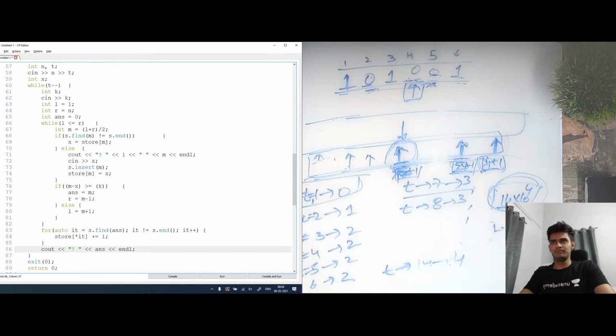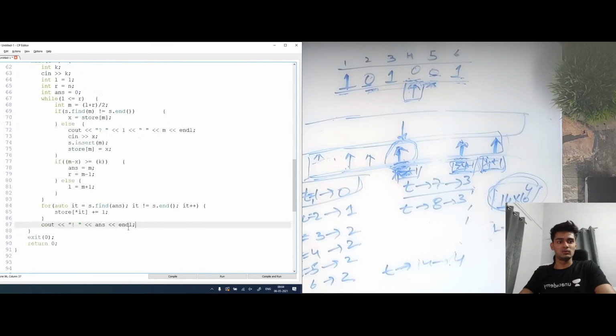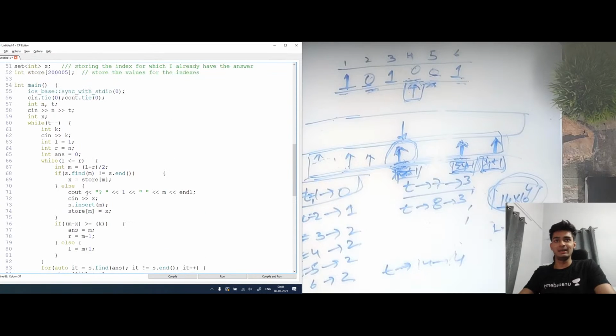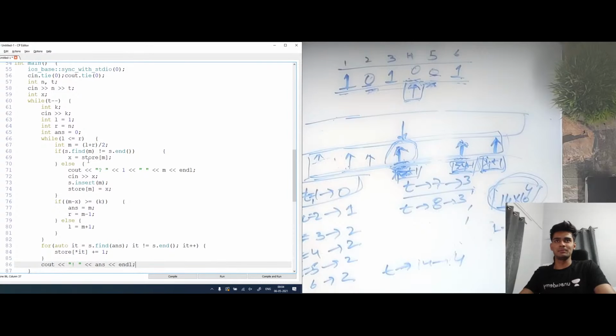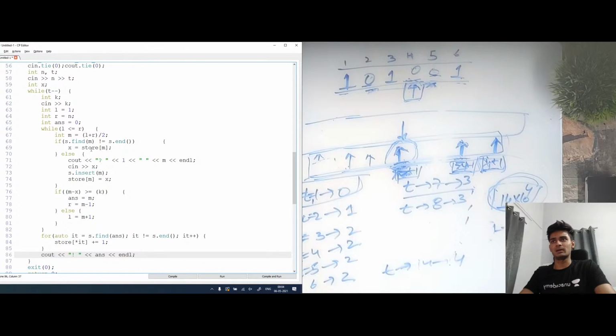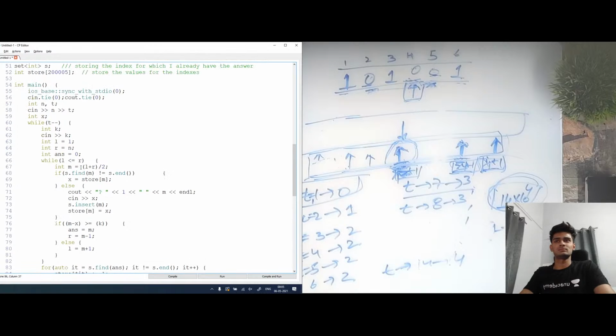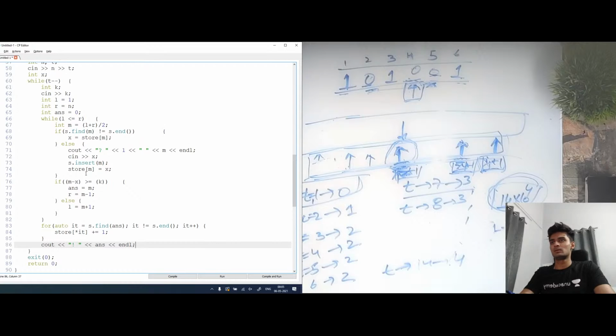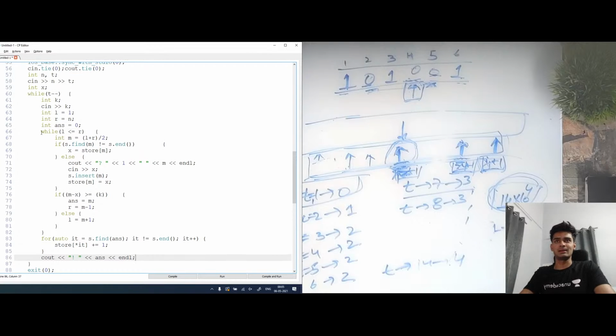People in the chat, can you tell me if this is clear to you? Because this is a little important concept, and widely used. If you ever get an interactive problem, there is a very high probability that something like this will be done. Even if you are able to understand it after the stream, try to put in some time and manually dry run everything and see why this is working and why I have done everything here. Because in my opinion, this takes a little time to write and a decent understanding of why this is done this way.